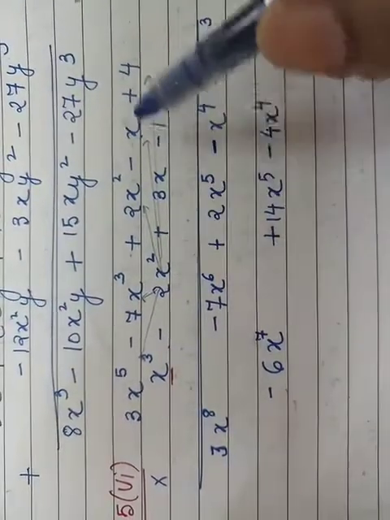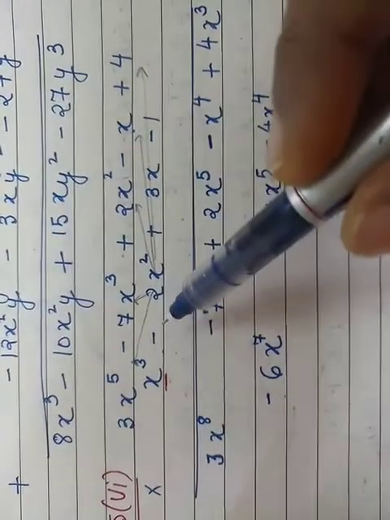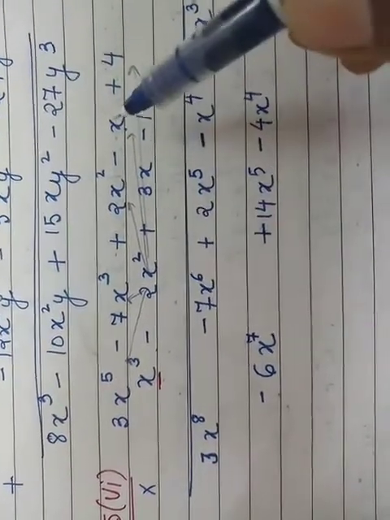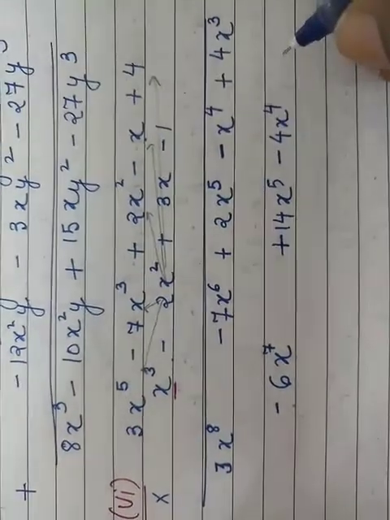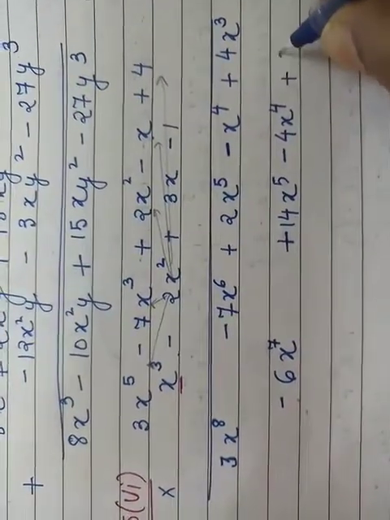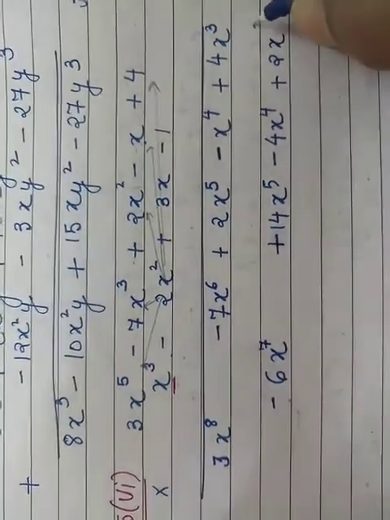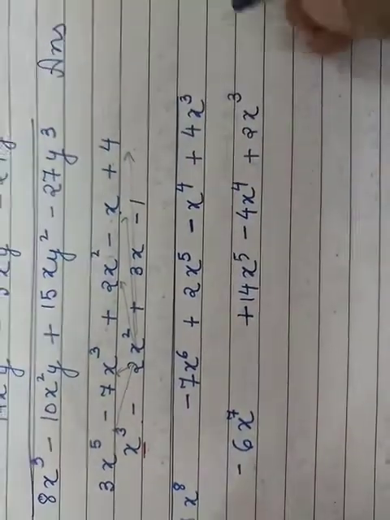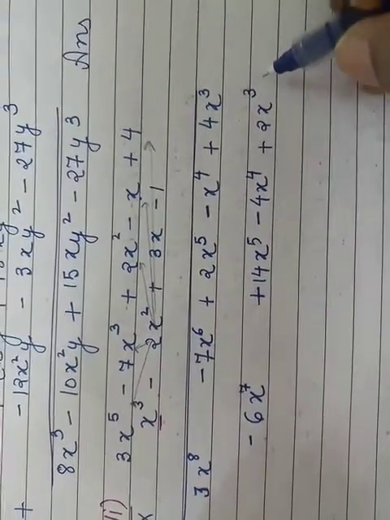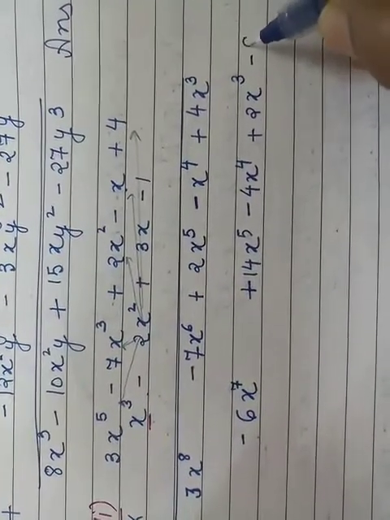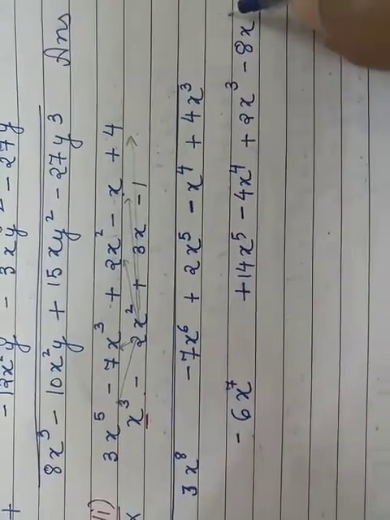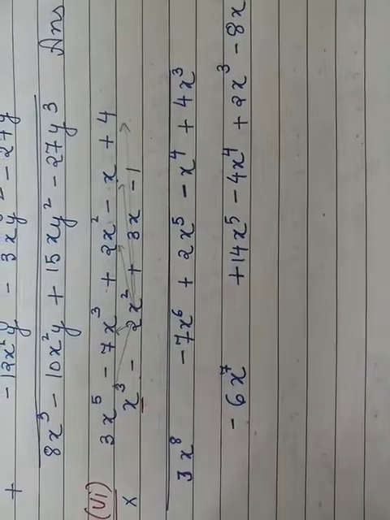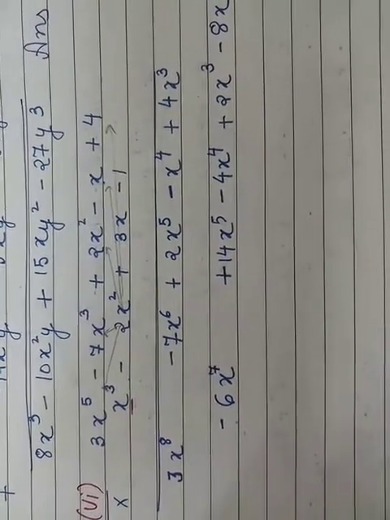Now this 2 is multiplied with x. So it will give you minus and minus plus. 2 1s is 2. X square into x will give you x to the power 3. So we get plus 2x to the power 3. When it is multiplied with 4, plus minus will become minus 4 2 is 8x square. So now 2x square is multiplied with all the terms in the above expression.